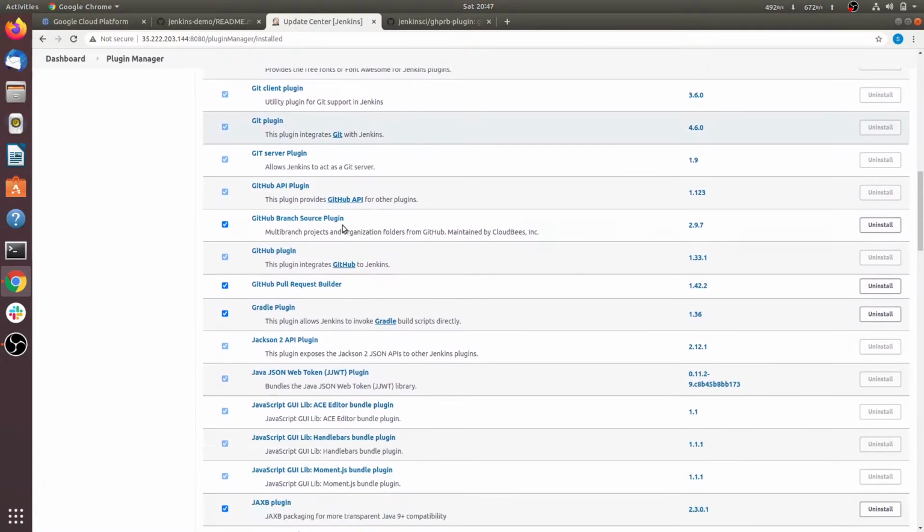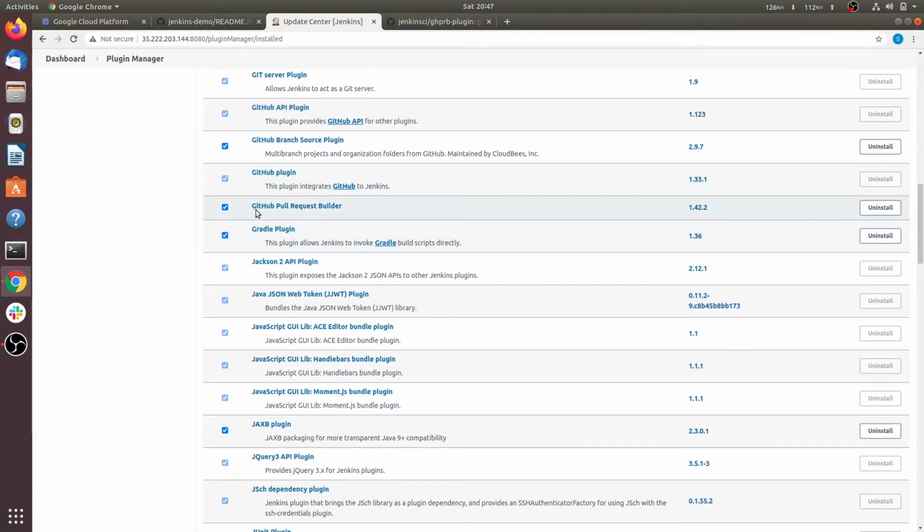Scroll down and you can find it already installed in your plugins, GitHub pull request builder. When we initially set up this Jenkins, we used the first option, that is suggested plugins. You can check out my first video on how to install and set up Jenkins.